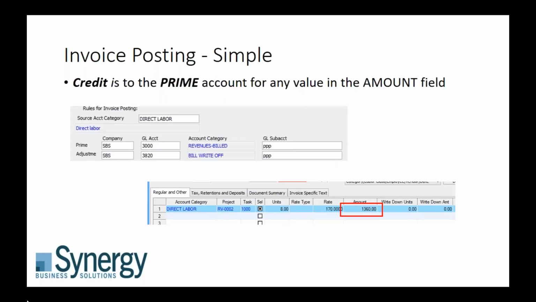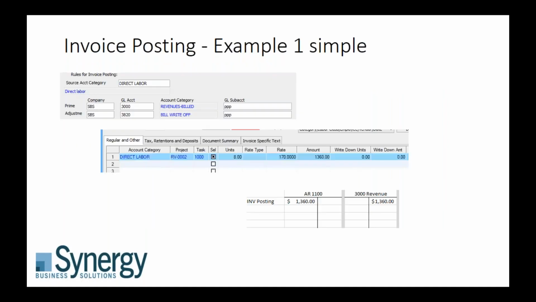So what happens if I have an invoice line item on a simple posting where I've got $1,300 that I have put on an invoice that's come over, it's direct labor? What's going to happen when I post this if this is my posting rule for direct labor? Well, what's going to happen is,